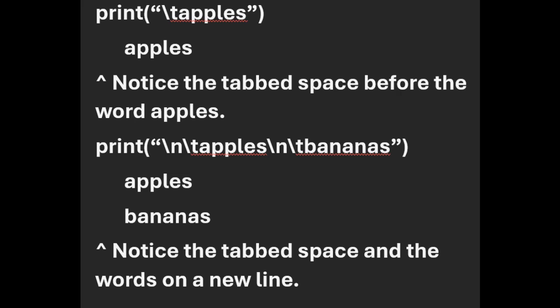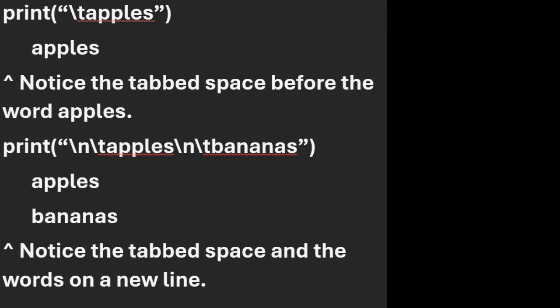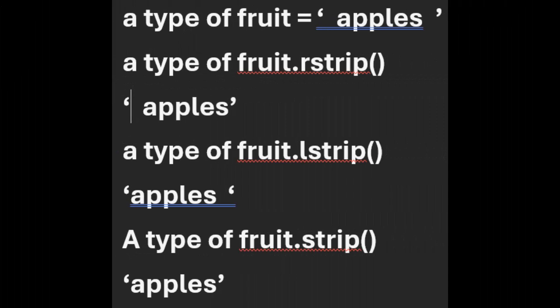Another format in Python is to use \n\t. This will output each string or word or variable on a new line. Another formatting method is .rstrip, .lstrip, or just plain old .strip. These methods will take out the extra white space in the strings if you like everything to look nice and neat in your coding project, or to clean up input